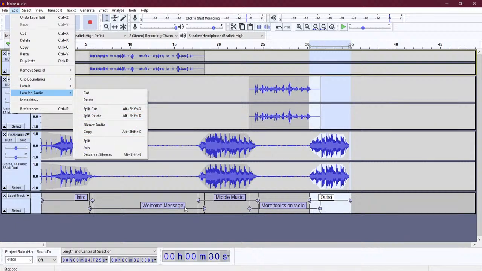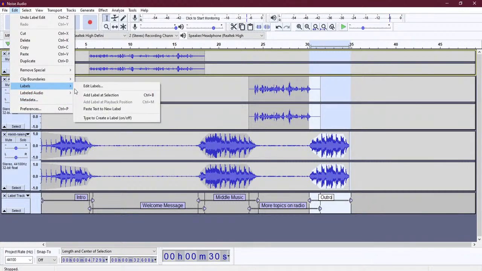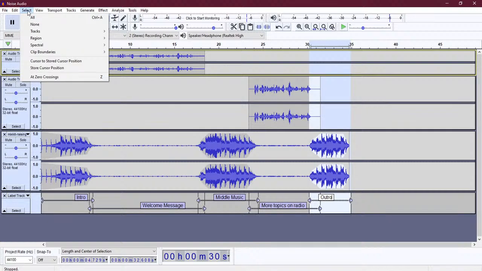So any label I can select, I can split it, I can join it, I can decrease the silence. So these kind of things I can do with it, and I can paste text to the new label. So these all different things you can do with it. Okay, apart from that, one